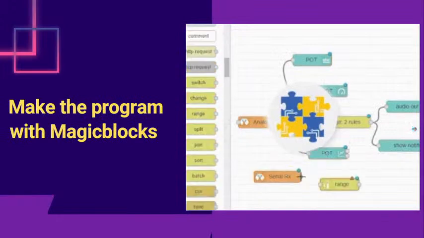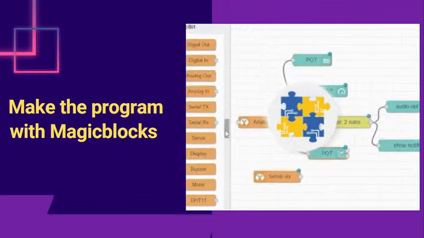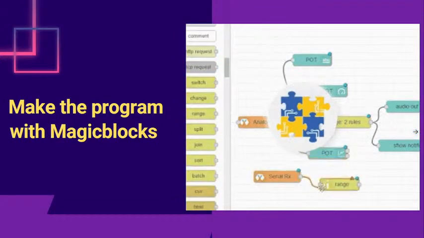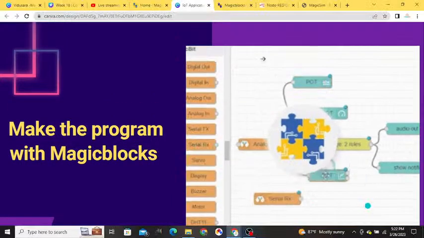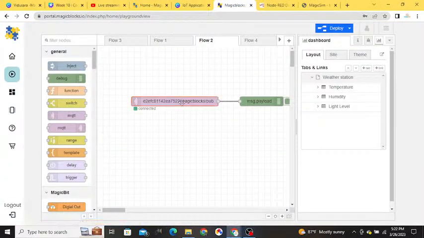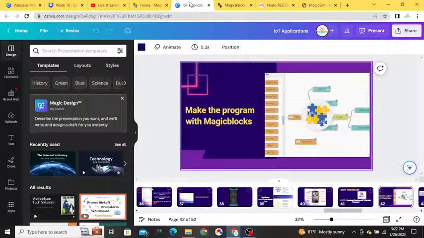So now let's try to create the program for this: how to get the values from the smartphone sensors and how to display them. To make the program, we have to log into Magic Blocks again. So we'll go back to Magic Blocks here. I have created it earlier, I'll show you. To create the program, what we need